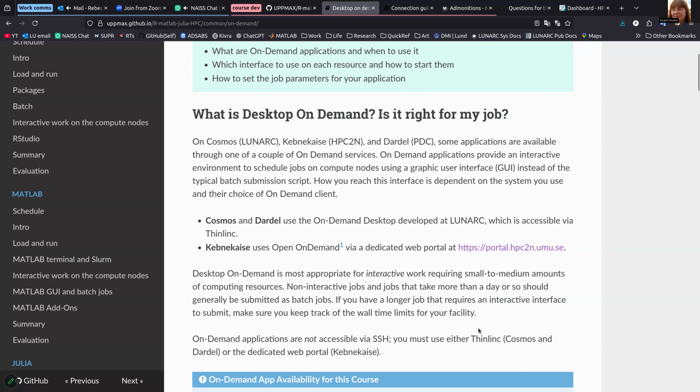Desktop on demand is most appropriate for interactive work, and mostly for work requiring small to medium amounts of computing resources. So ideally, you don't want to have this running for more than a business day consecutively. Depending on the facility and which type of node that you're on, you may not be able to run for longer than a day, although in some cases you can,